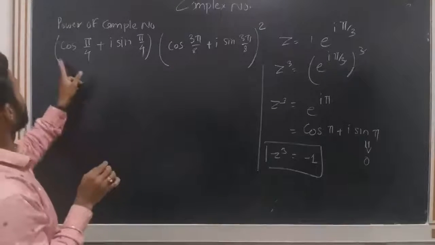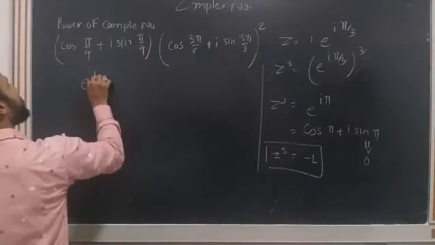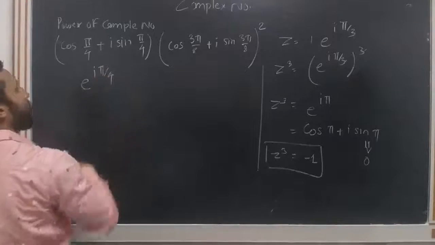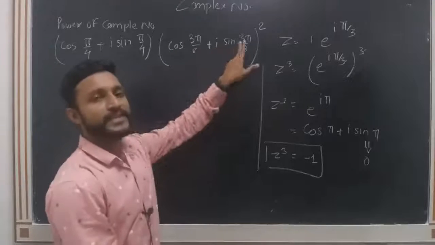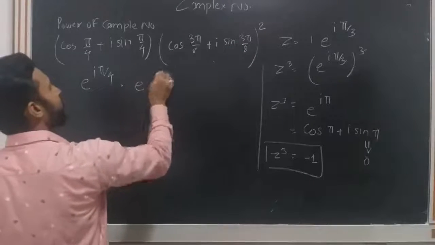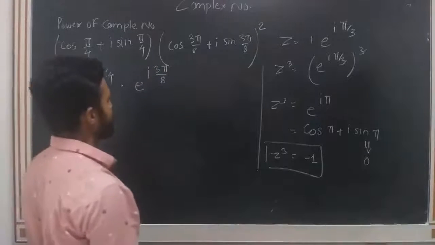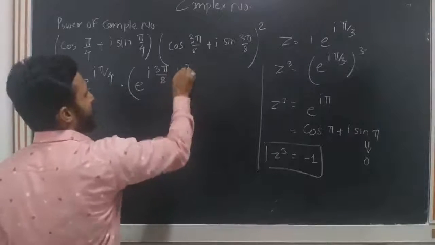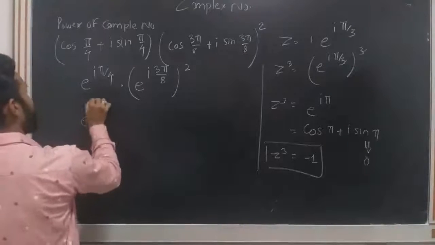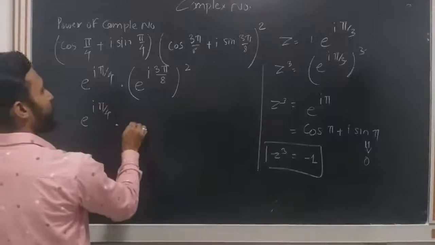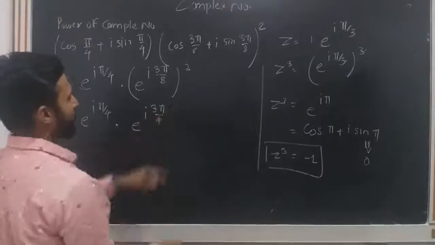Very easy, very simple. Cos pi by 4 plus i sin pi by 4, we can rewrite this as e raised to i pi by 4, right? Into cos 3 pi by 8 plus i sin 3 pi by 8, we can write in the exponential form, e raised to i 3 pi by 8. But here bracket square. Don't forget this square. Just multiply it. You will get e raised to i pi by 4 into e raised to i 3 pi by 4. Simple multiplication